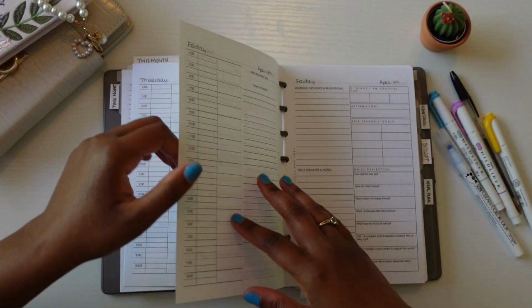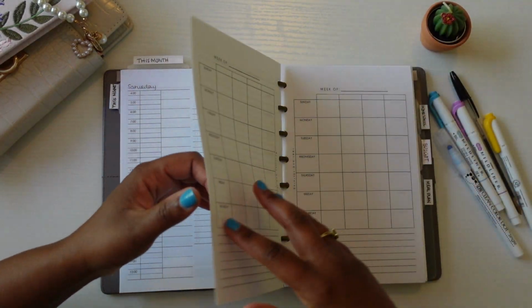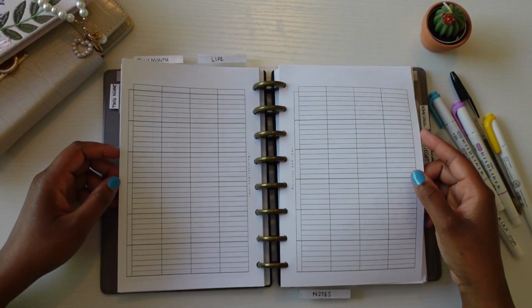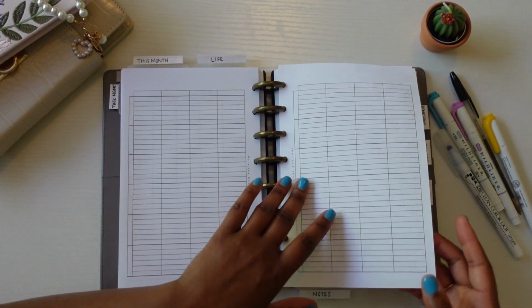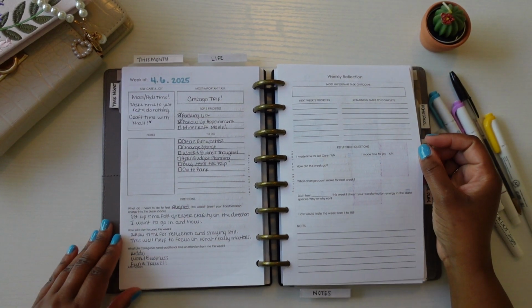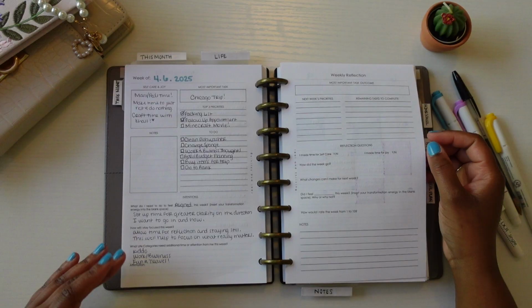So flipping through, you'll see this entire week is blank, but that's because I just didn't need my planner. I did make some notes on Post-its and stuff like that, but I just wasn't in need of my planner. So then we get into the week of 4/6, and this is where I did start planning